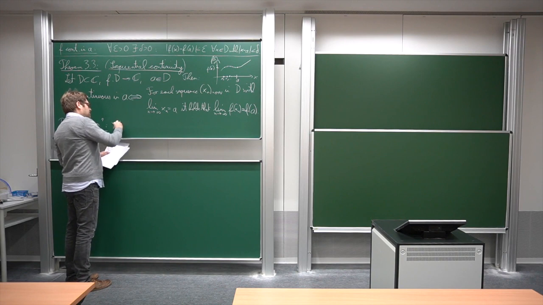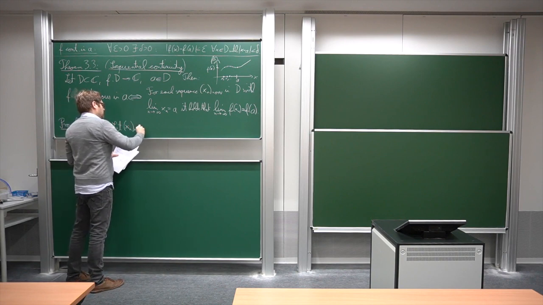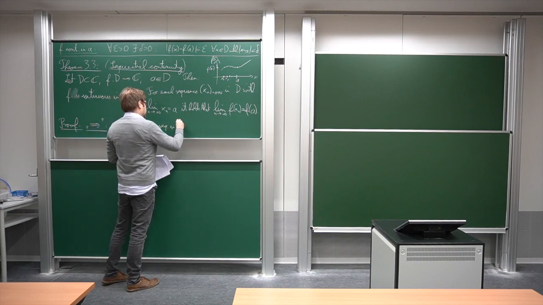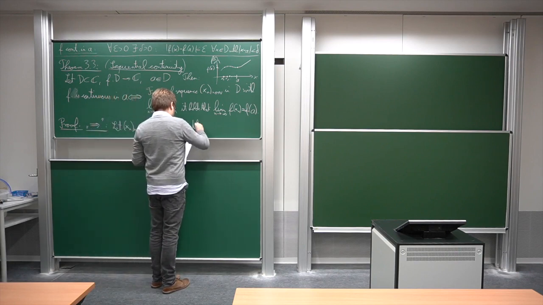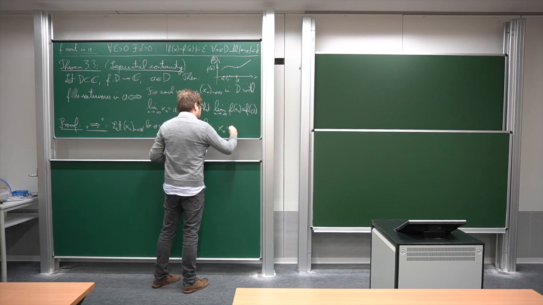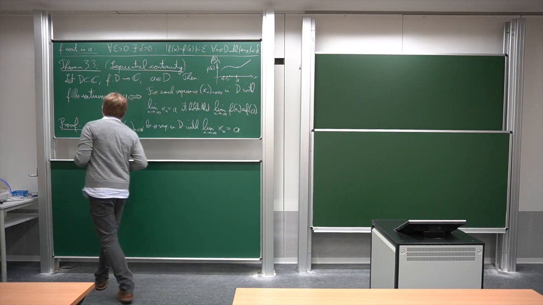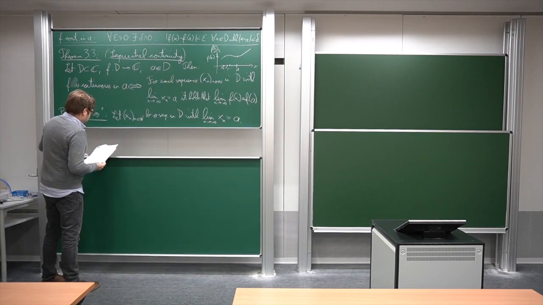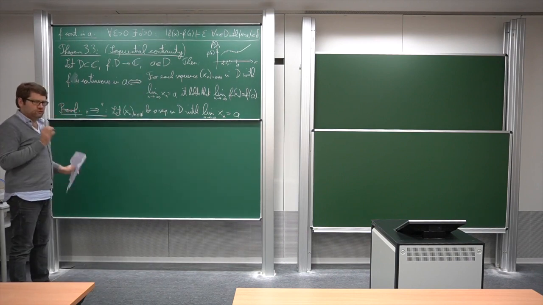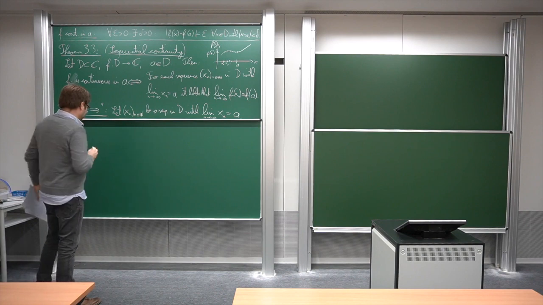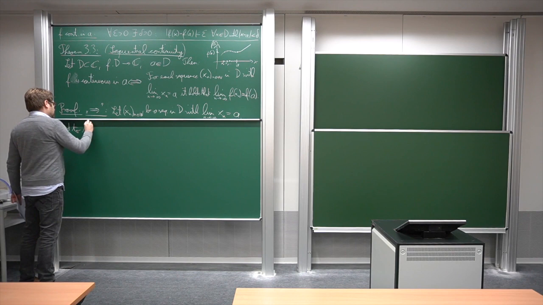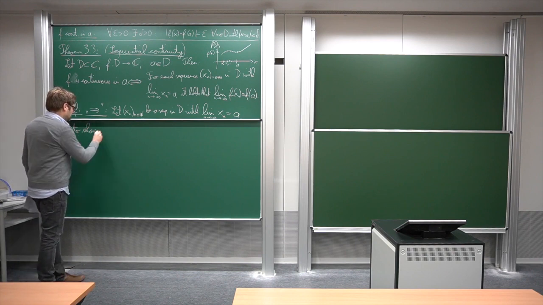We need to start with some arbitrary sequence, of course. Let xn be a sequence in D with limit of the xn equal to a. So we have such a sequence, and we have to show that the values converge as well. So what do we need to show? We have some epsilon delta thing, but the definition of convergence also involves epsilon. Namely, for convergence, we need to show, and this is just a rephrasal of the definition of convergence,